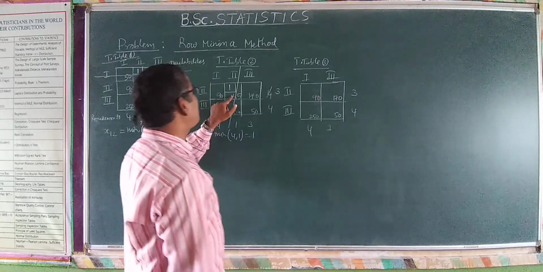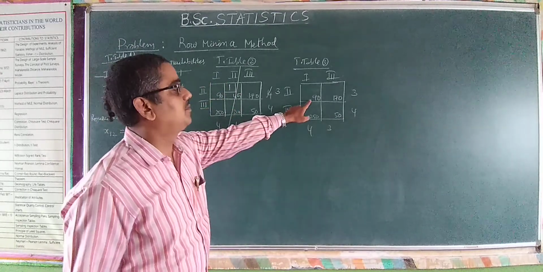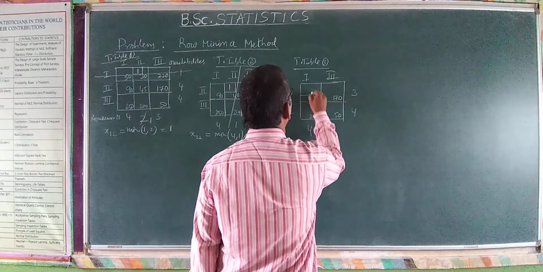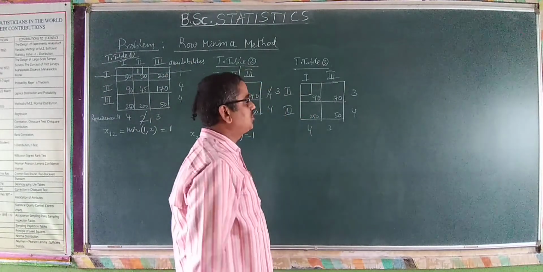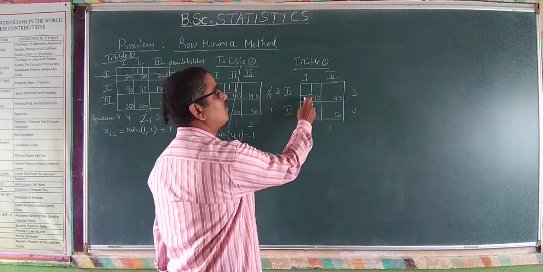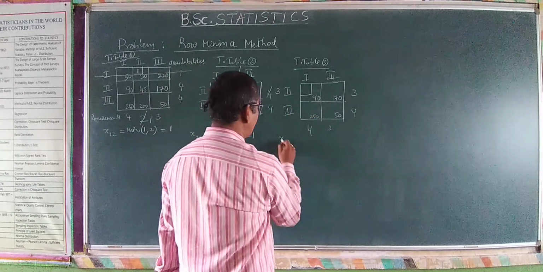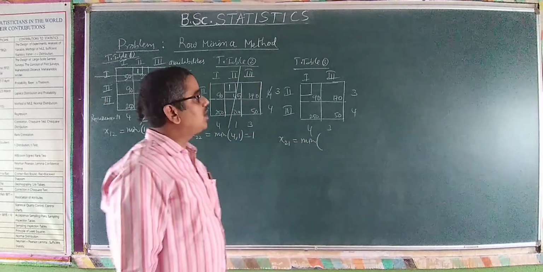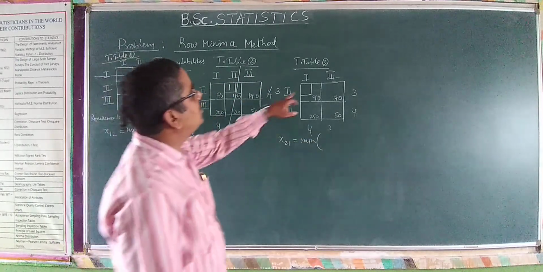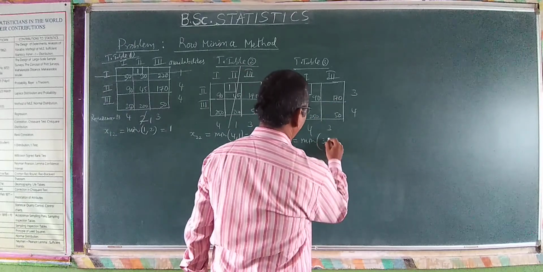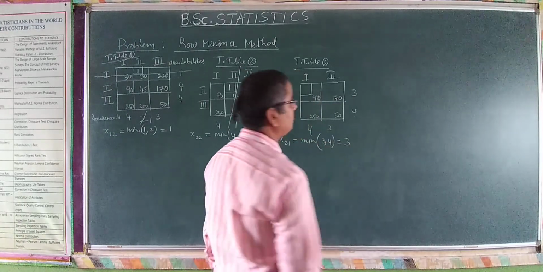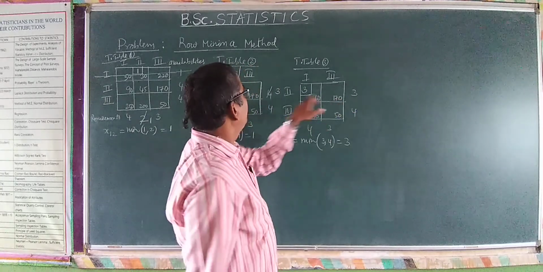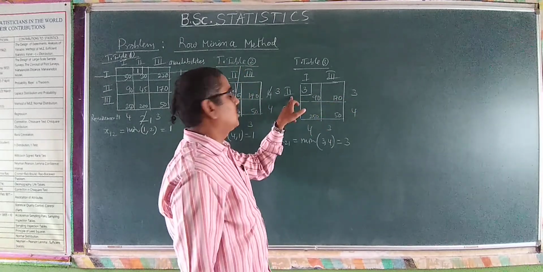Here the minimum cost is 45, the next minimum cost is 90 here. So the next minimum cost is 90, and we make the allocation here. This is cell 2 comma 1, that is x21, and it is going to be considered as the minimum of 3 and 4. The minimum is 3, so you allocate 3 here.